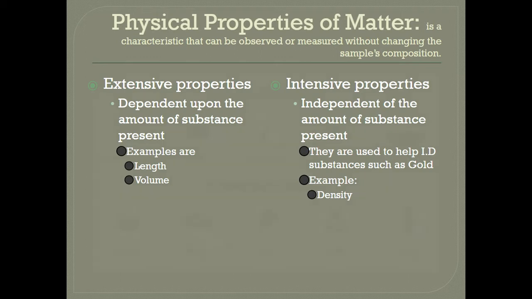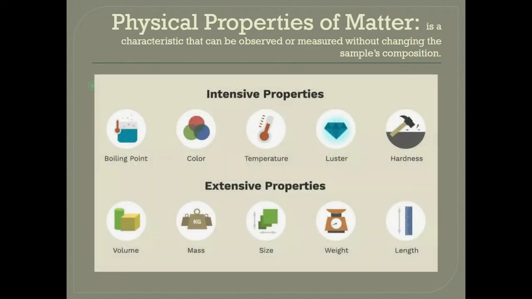So let's look at a few more intensive and extensive properties. As we can see, our intensive is first. So this would be like our boiling point, our freezing point, our melting point, the normal temperature, luster, malleability, hardness, and we already said density. And then we have our extensive properties. These are your external. These ones can vary depending upon the amount. The size, the mass, the weight, the length, the height, the width, the volume, the area,